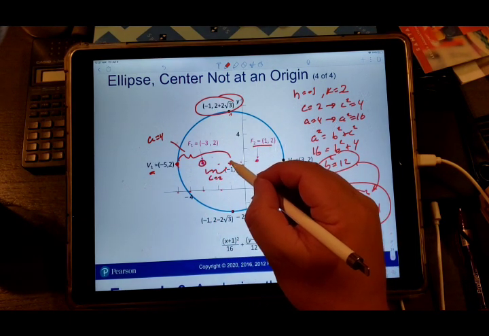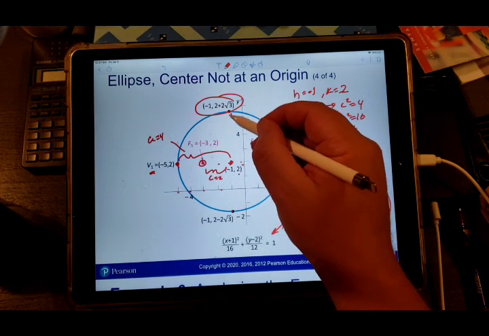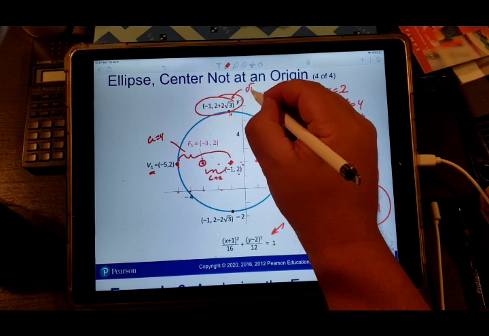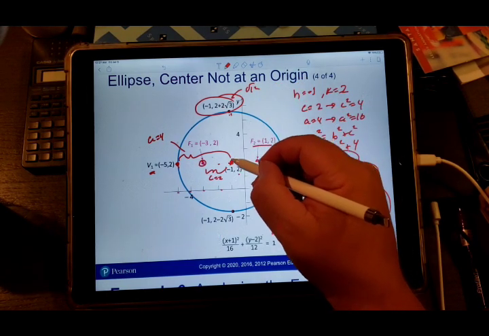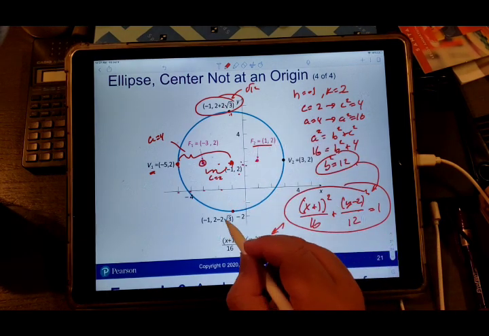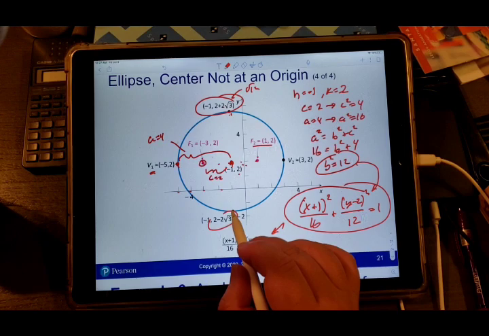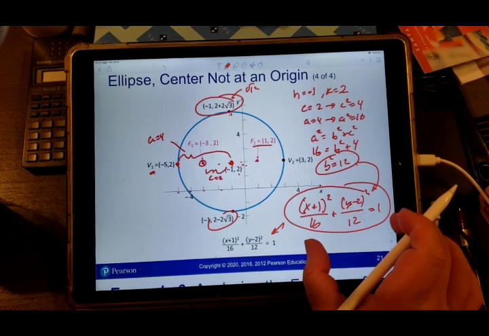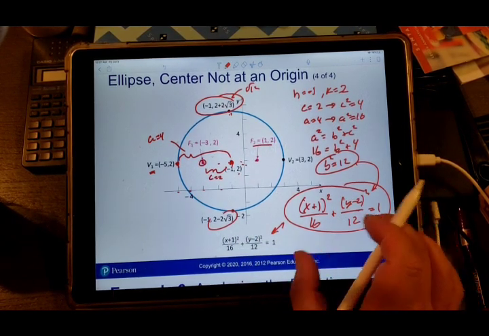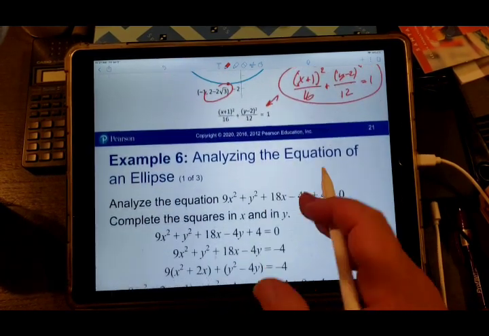I have 2 plus 2 square root of 3, which is the simplification for the square root of 12. So I have 2 plus the square root of 12, simplified, 2 minus the square root of 12 in a simplified form. But that's only if I wanted to find these ordered pairs. It doesn't really change the equation at all, but it gives me a lot to work on something